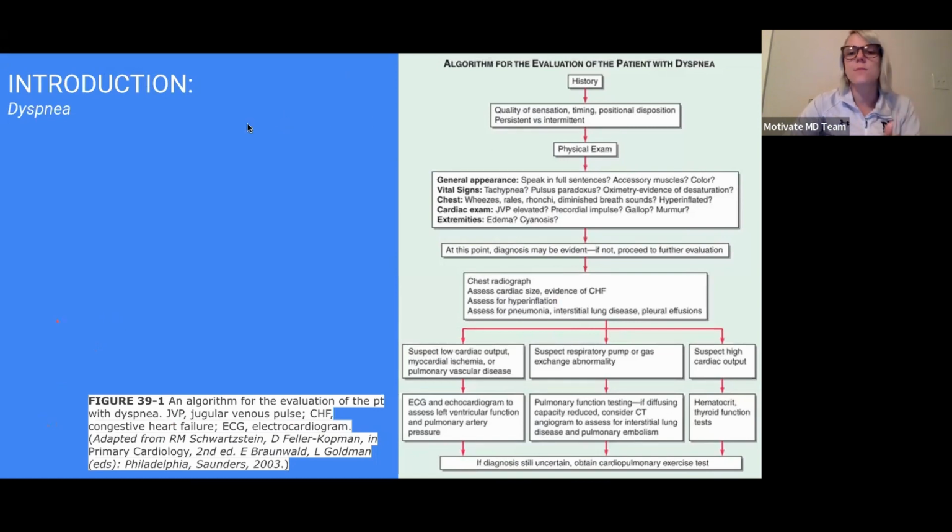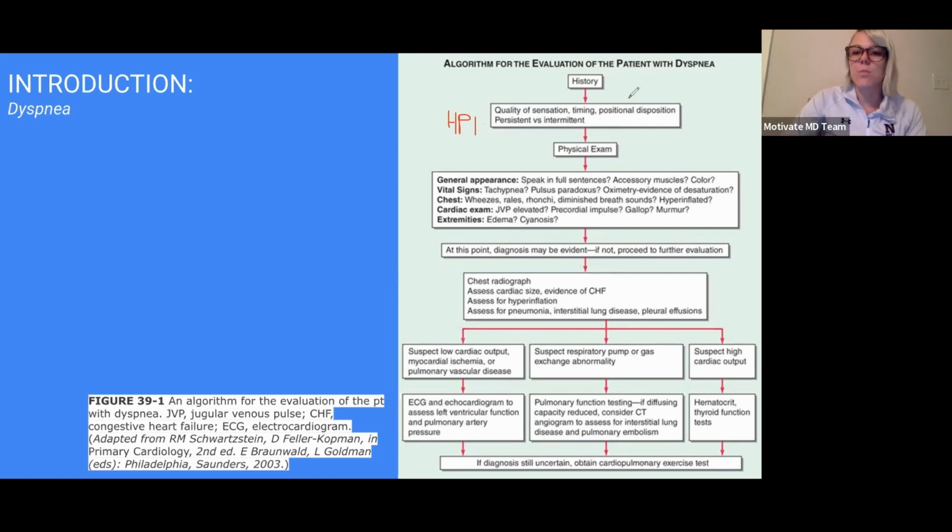Okay, so if somebody comes to you with shortness of breath, presenting maybe acutely in the emergency department, and they say, I'm short of breath, obviously what we want to do is get a history. So this is our HPI here. We're saying, okay, what's going on? Is this when you're at rest, which is a lot different than, I get short of breath when I'm walking up a hill. They may be deconditioned, meaning maybe they just had surgery and now they're short of breath because they're not used to that sort of activity.